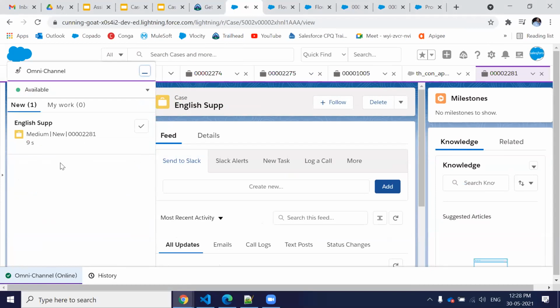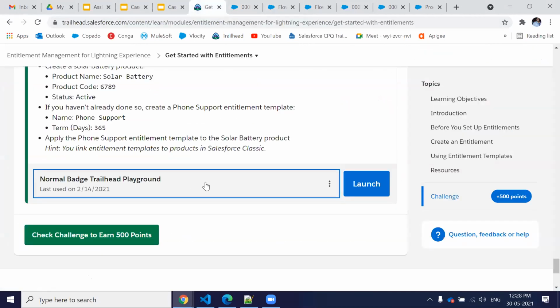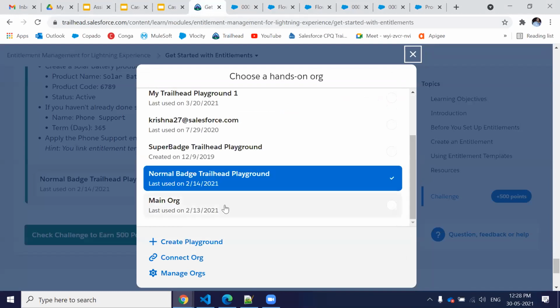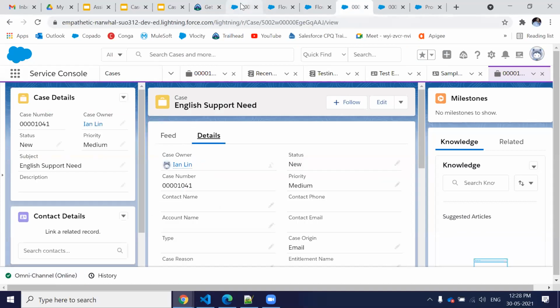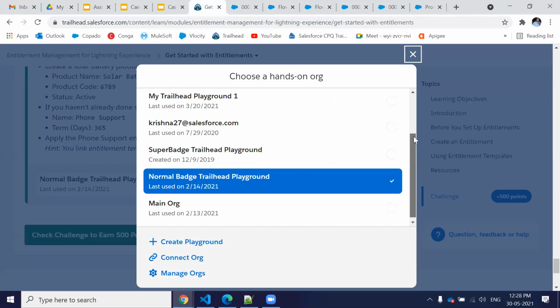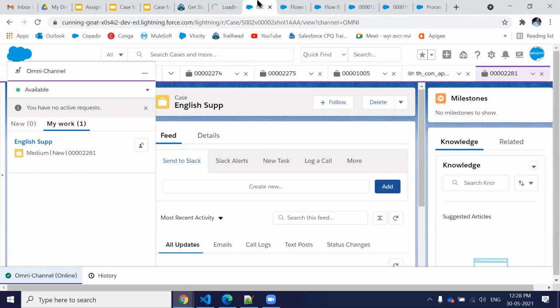English support is needed because I have the English skill in this org, and the routing configuration, everything, is coming here. So I'm assuming the playground is having some kind of issue, not sure, because I'm making this live inside a playground. It works in this playground, as well as in my main org, the same functionality. But in this new playground I have created, not sure why it's not working. We need to dig deep down.